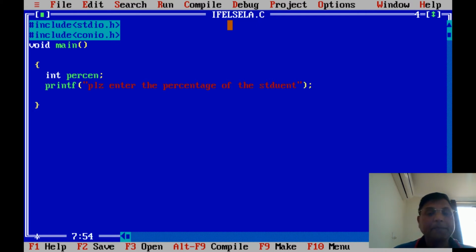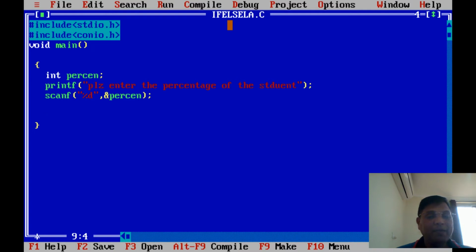And then I'm using scanf, please scan the particular value from the keyboard, and I'm using an integer, so I use the %d format string, comma, here the address, that is the location of percen, which we declared, and then close the bracket, enter. So it will take the value of the percentage.